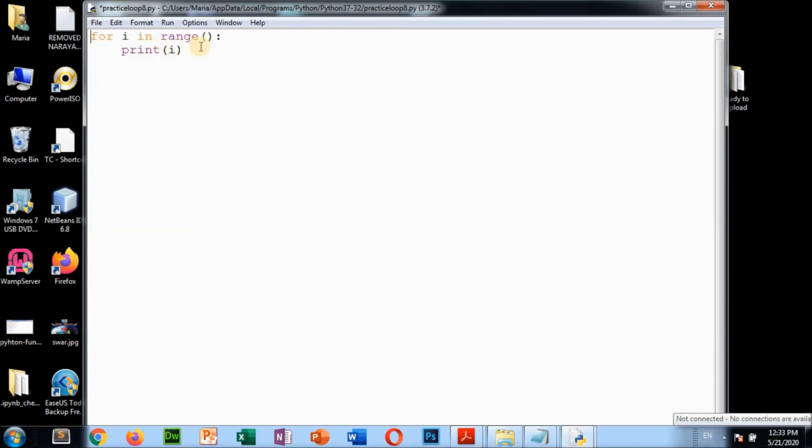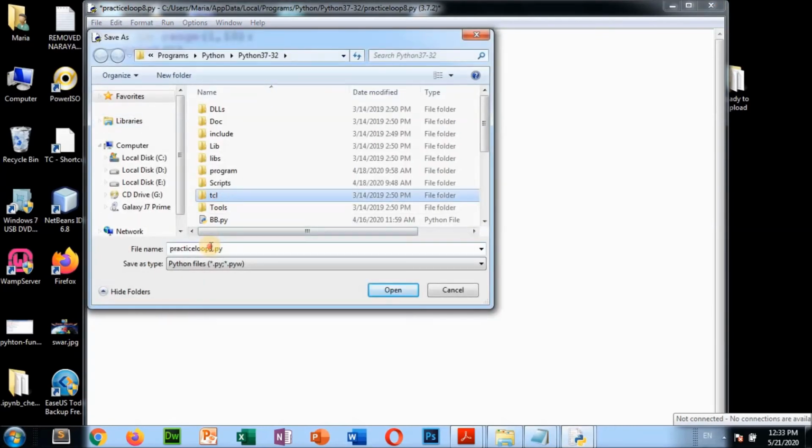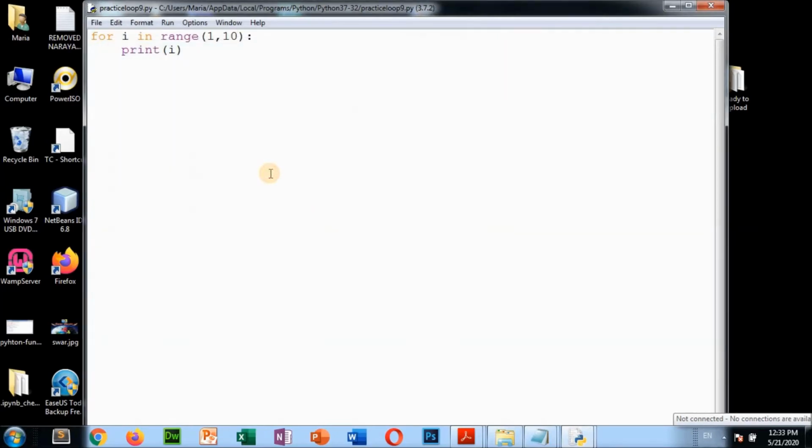For I in range, I have given 1, 10. That means from where to where will it display? File, save as, practice program 9. It will display the numbers from 1 to 9. Yes or no? Save, run this program.